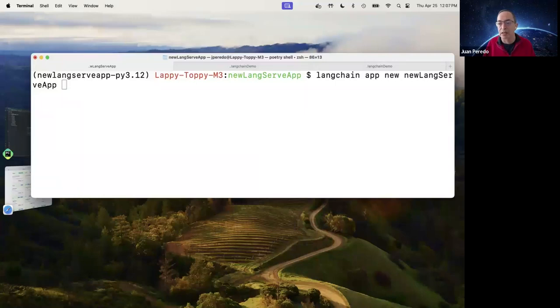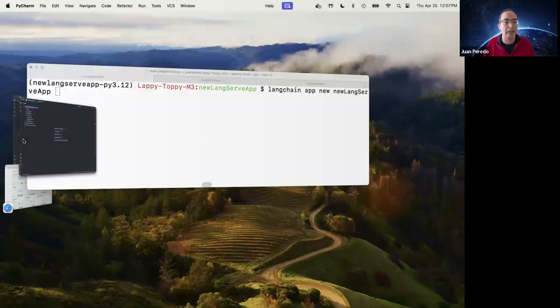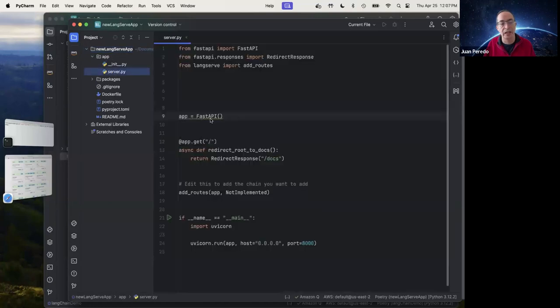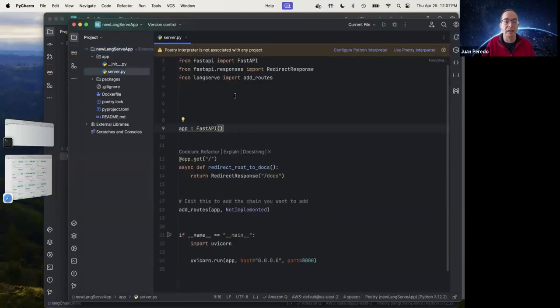In order to get started with the terminal, we just go langchain app new, and then we give it a name, and that is going to create a scaffold of our application so we can get started right away. What that creates for us is this package. Inside of it, we have an app folder where it's created a FastAPI web service that we can start using right away, so that in here we can start adding routes that will interact with our LLM.